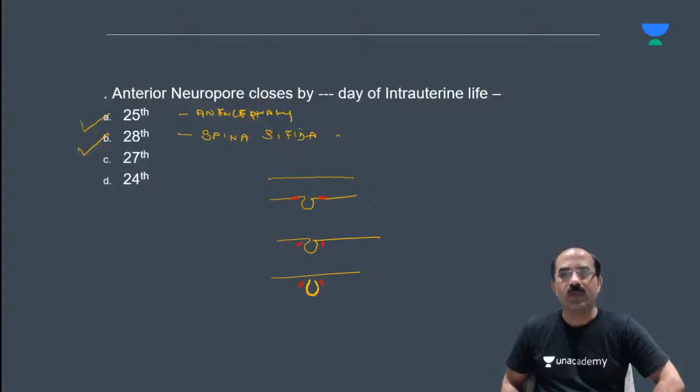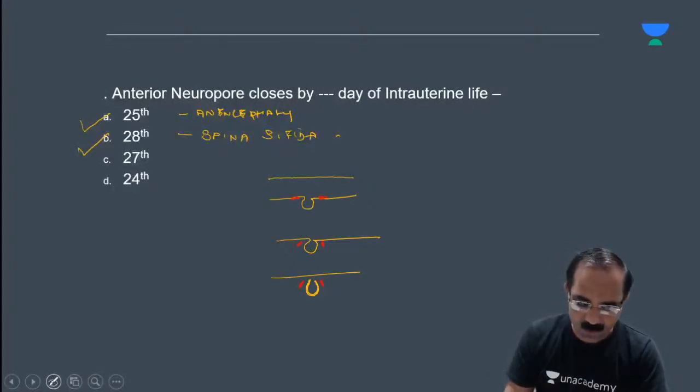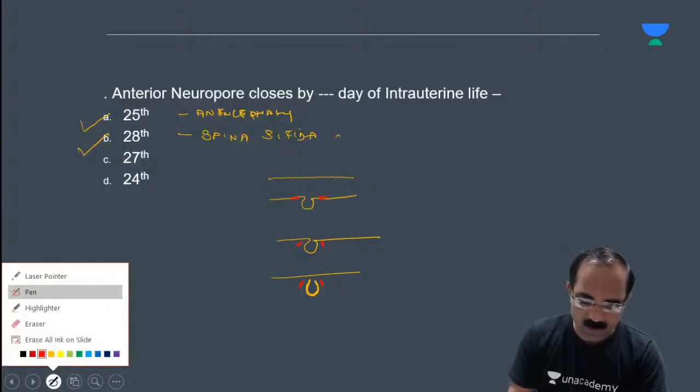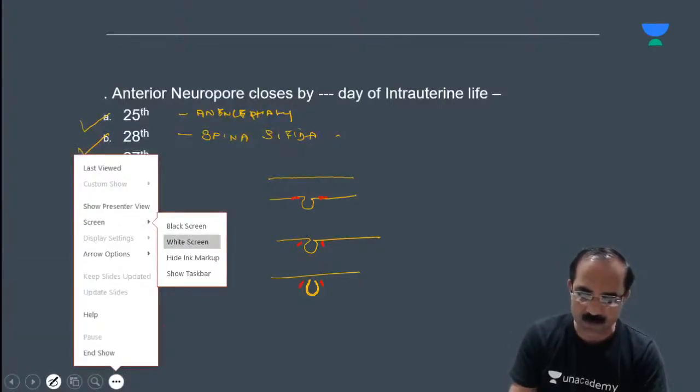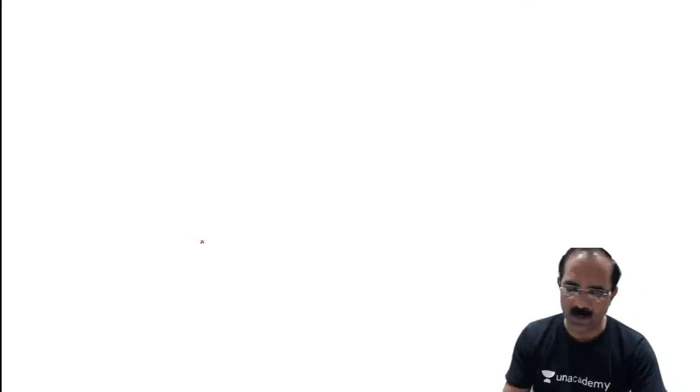These are called the neural crest cells. Neural crest cells, and students, you should know this. These neural crest cells give rise to a variety of structures. Plenty of structures are formed from these neural crest cells. I'll just enumerate these structures. This is very important. One is the adrenal